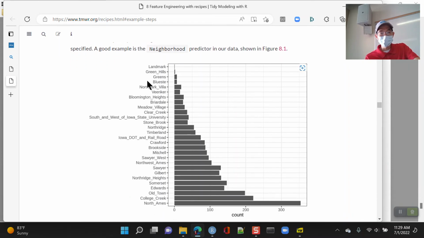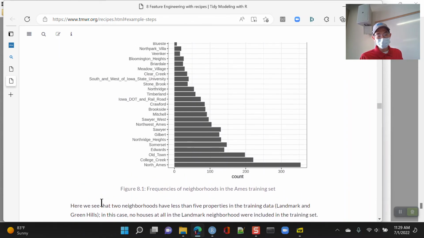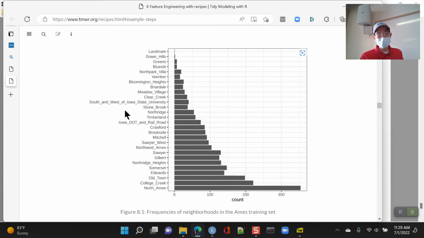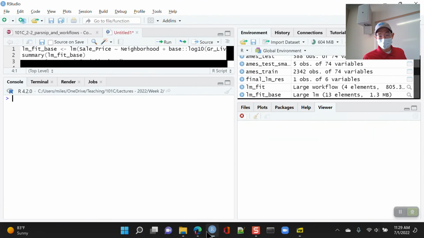So, for example, if we look at the neighborhood, we ran into this issue where we didn't have enough observations from these neighborhoods, so that we ran into problems. And so we can just say, let's only look at some of these most important ones, right? So it says we see these two neighborhoods, Landmark and Green Hills, have less than 5 properties in the training data, and in our case, we actually had none of the properties in